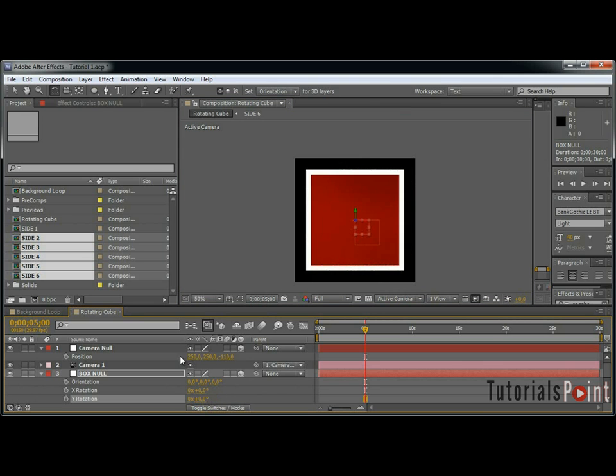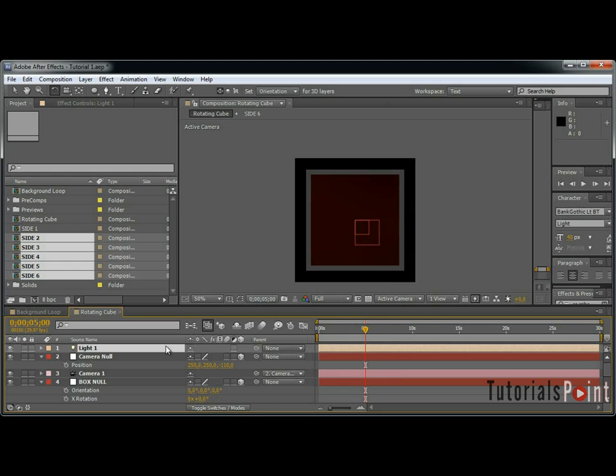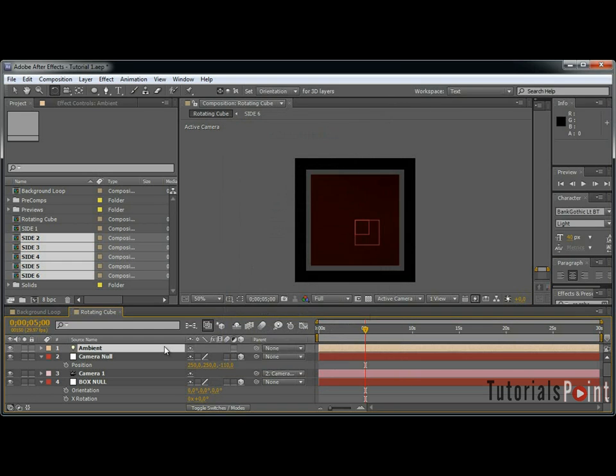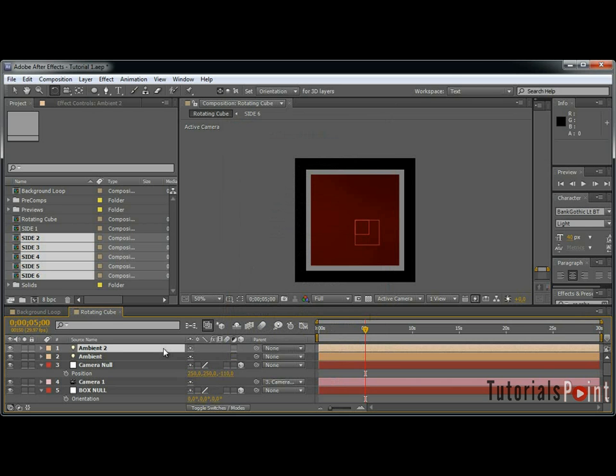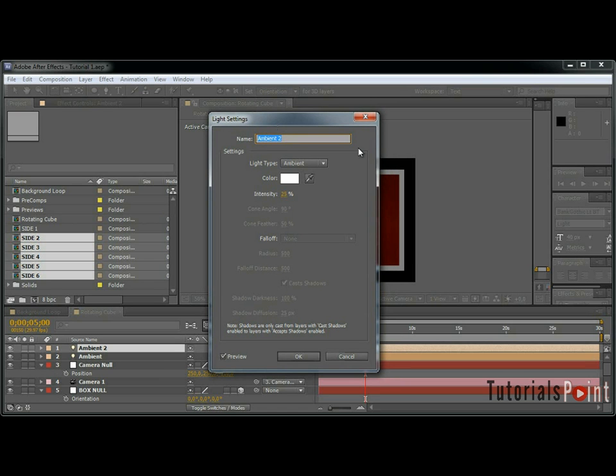So let's create a new light, Ctrl Shift L is the shortcut, and let's create an ambient light with a 25% intensity. Let's rename this one ambient, and let's create another light, Ctrl Shift Y to reach the light settings, and let's call this one spot, or basically point. Change the type to point,